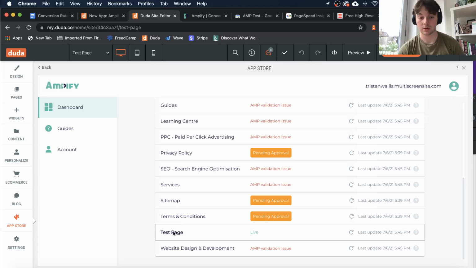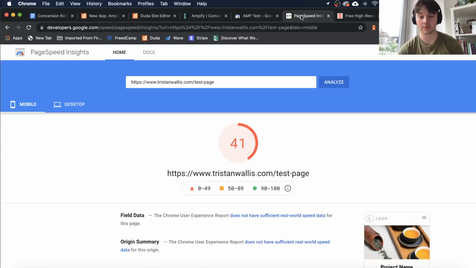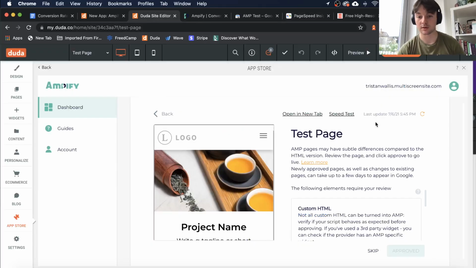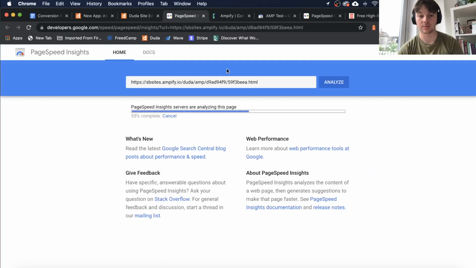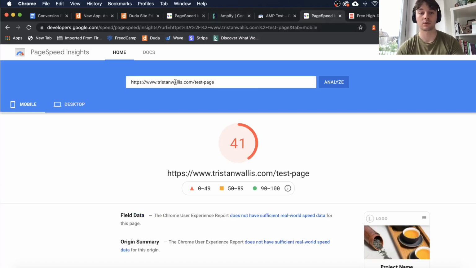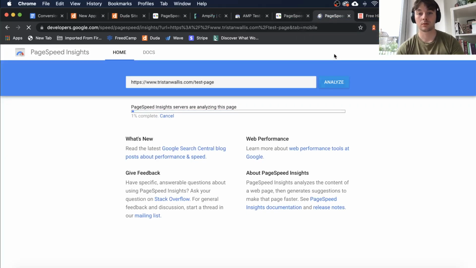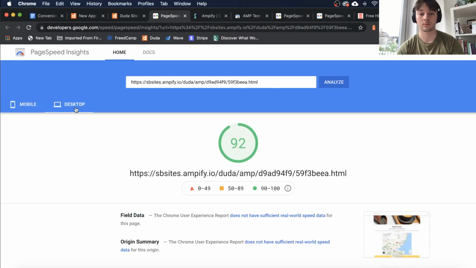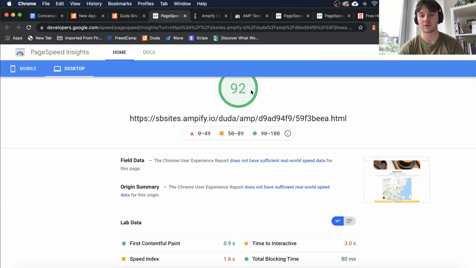Okay. Cool. Now, we know what the speed was like before, and now we can see what it's like now. So we can just go speed test. And that takes you to the PageSpeed Insights. Okay, I'm also going to do the URL as well. Okay, just do the actual URL because they've shown in the desktop that it's 92,